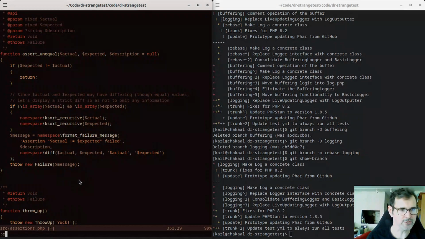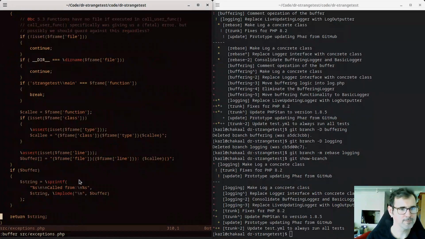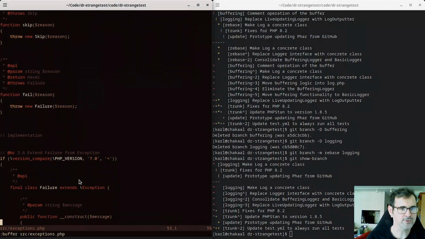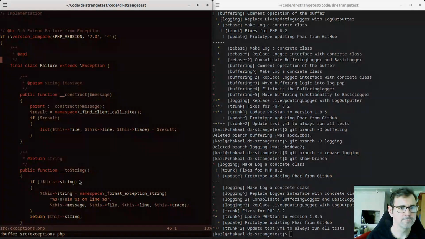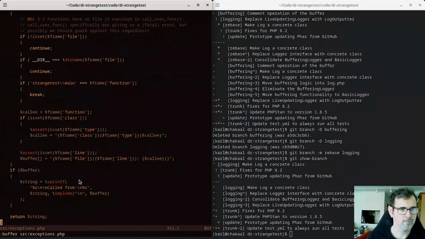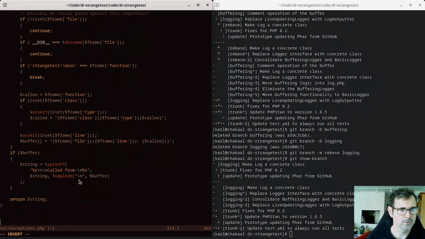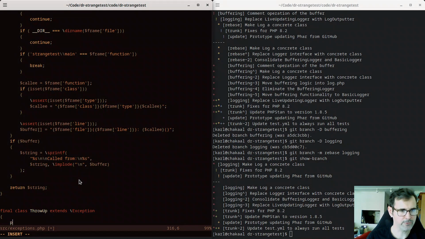And then here in exceptions, we'll just make this new. And then basically what I want to do is in the constructor,